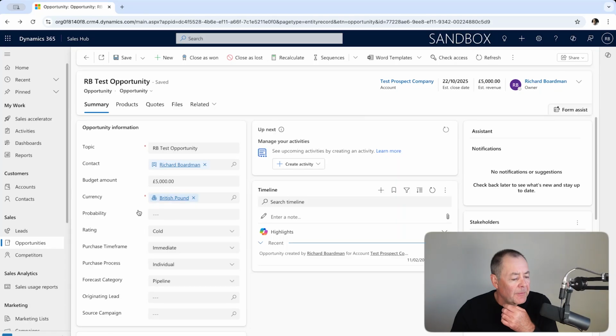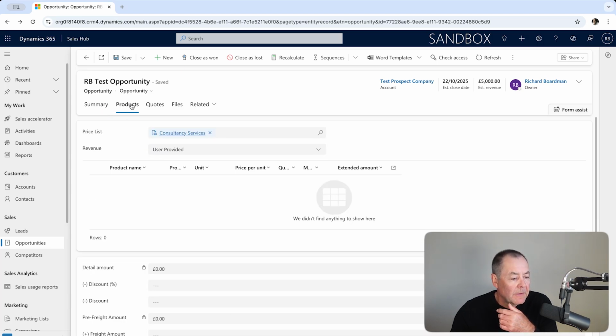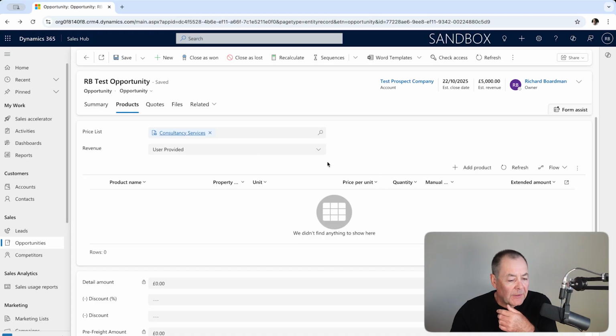So let's go into the system. I'll show you what I mean by products. So I'm in the opportunities area, specifically in a test opportunity, and I'm in the summary tab at the moment. But alongside it, you can see I've got a products tab, which if I click on that, you see at the moment it's got an empty grid, but what it enables me to do is link products and product pricing